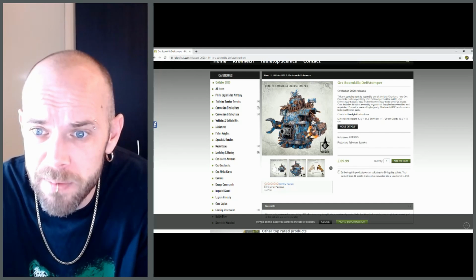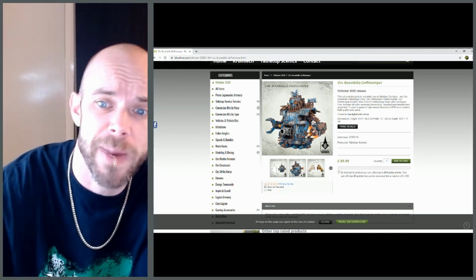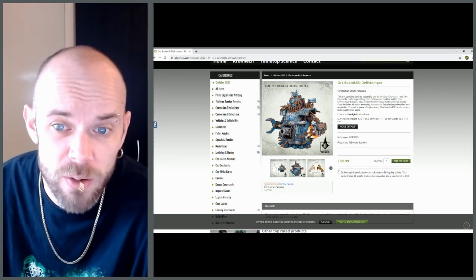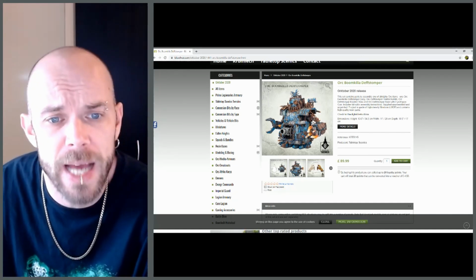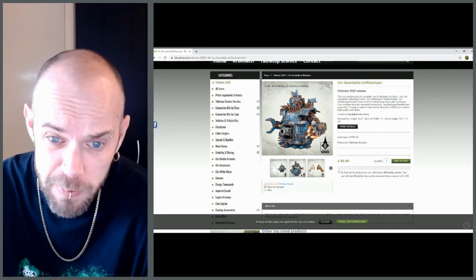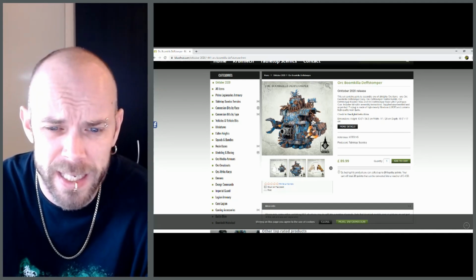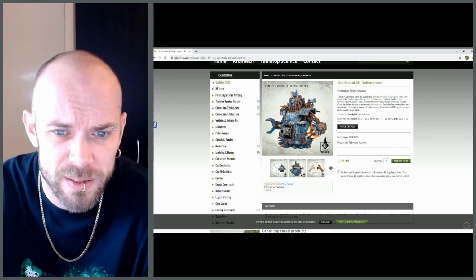Includes full colour assembly instructions, supplied unassembled and unpainted. And this product is made of high density fiberboard, HDF, and contains high quality resin parts. So it's a combination. It's primarily an HDF kit. I've had a bit of experience with Tabletop Scenics HDF scenery kits, and they are stunningly detailed and awesome bits